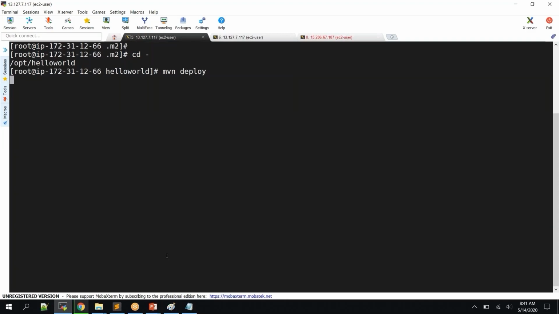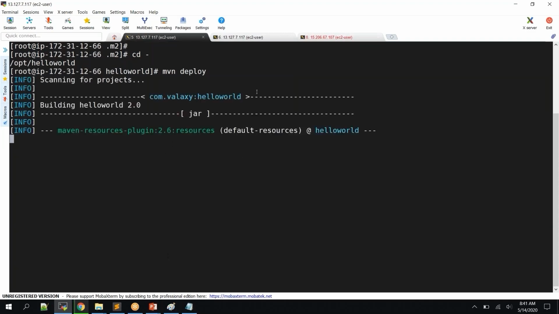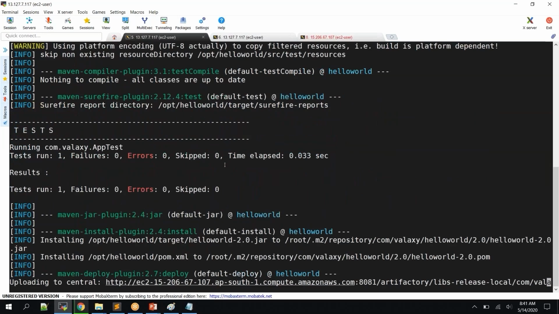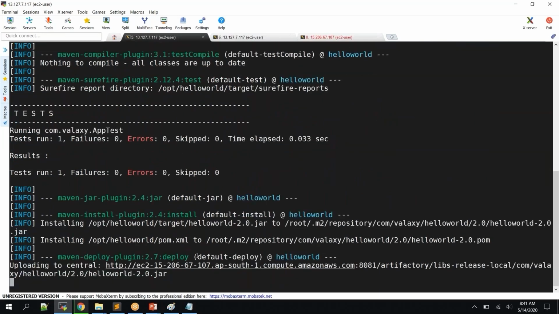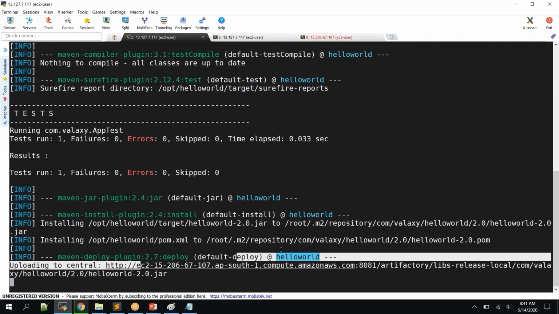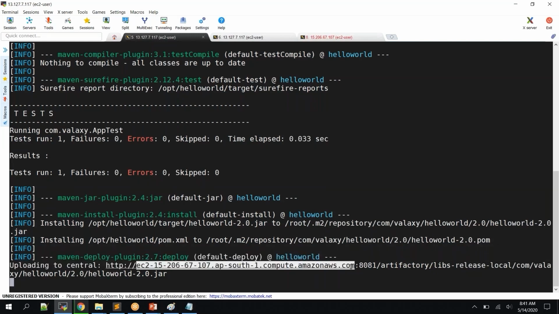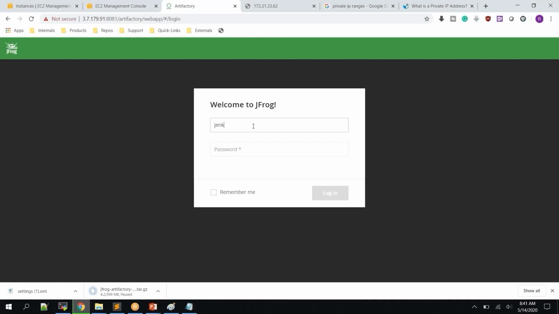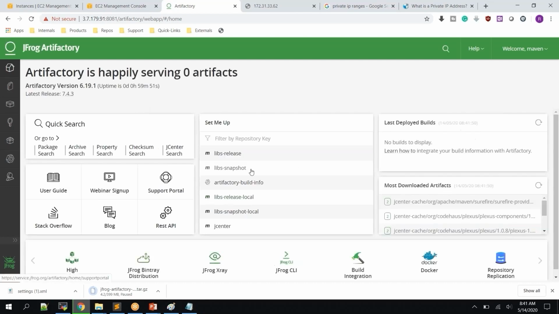mvn deploy. You can see here it cannot communicate to download the packages. Anyway, local packages are there, that is the reason it is going. But while it is pushing into this one, this IP address is used nowhere, right? It is currently maybe free or it might be used by somebody else, but I don't have access to this particular one, so it cannot do that. Now what I need to do is regenerate the snippets. So Jenkins, sorry, Maven, right? Maven at 123. So now again, if I go to